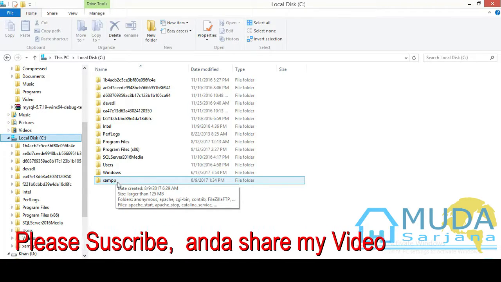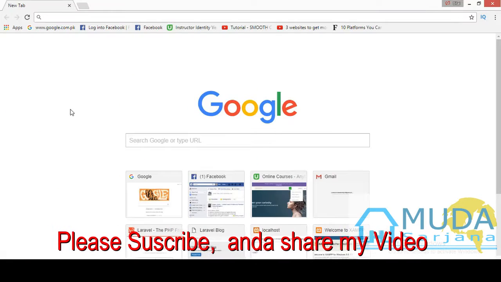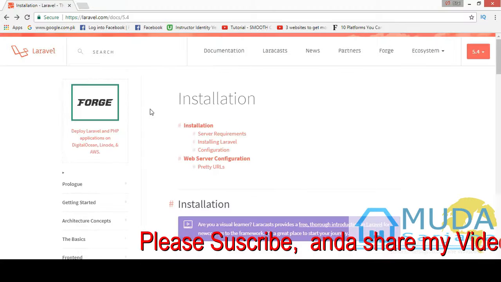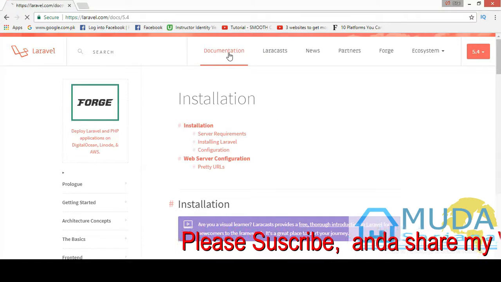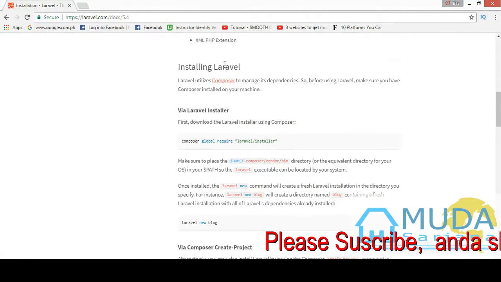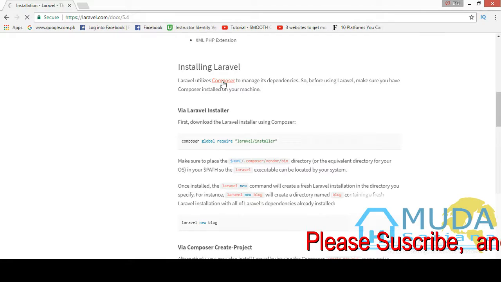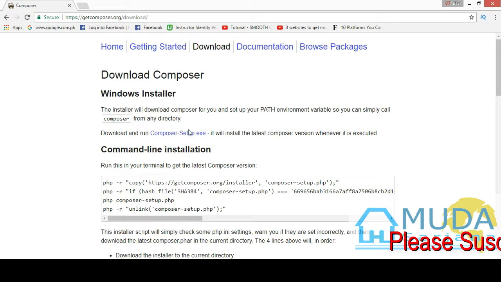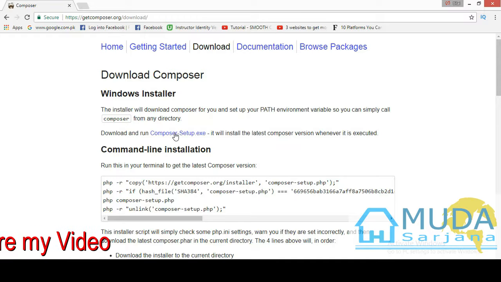So to download composer, go ahead and open your internet browser and just type here laravel.com. Now click on this documentation and then right here click on this composer link. Now click on this download button and finally click on this link to download the composer. But again, I already have it, so I'm not going to download it, but you click on this link to download it, and once you have downloaded it,